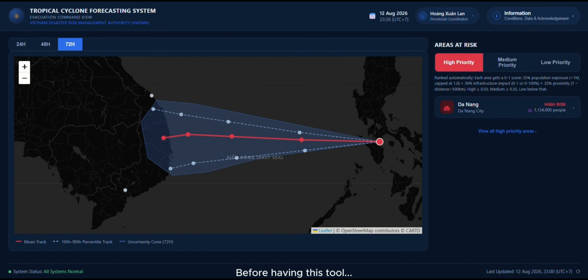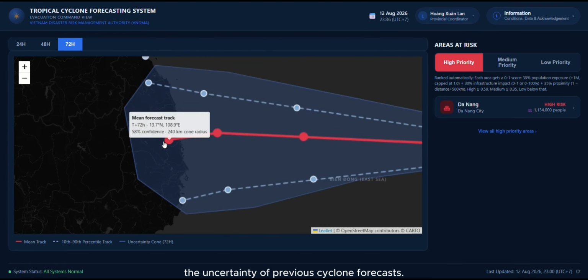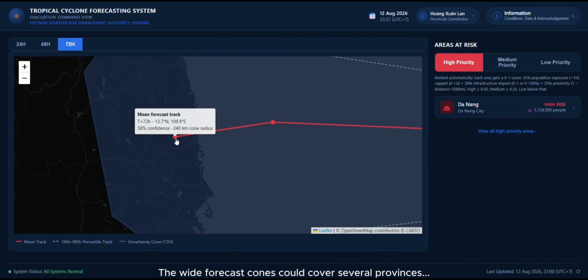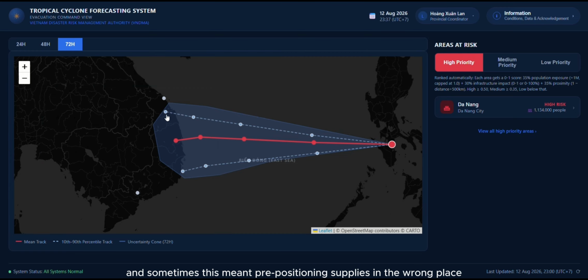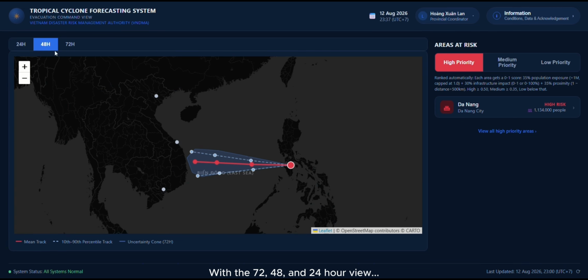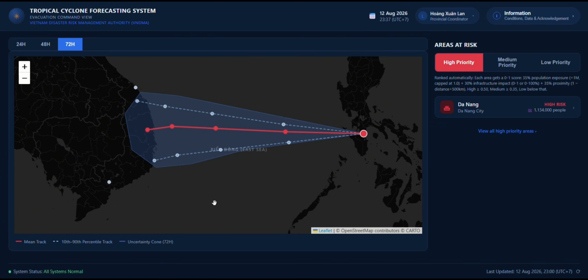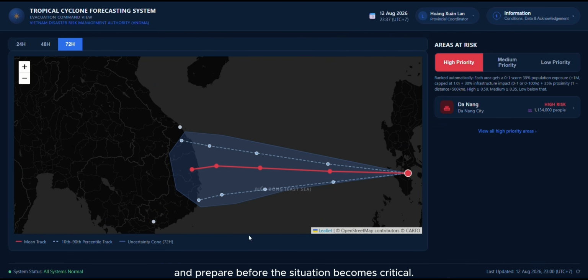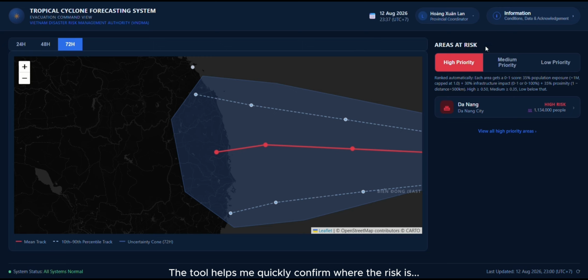Before having this tool, one of my biggest challenges was the uncertainty of previous cyclone forecasts. The wide forecast cones could cover several provinces, and sometimes this meant pre-positioning supplies in the wrong place. Now I have more accurate results. With the 72, 48, and 24-hour view, I can see how the potential impact changes over time and prepare before the situation becomes critical. The tool helps me quickly confirm where the risk is and prioritize where the resources are